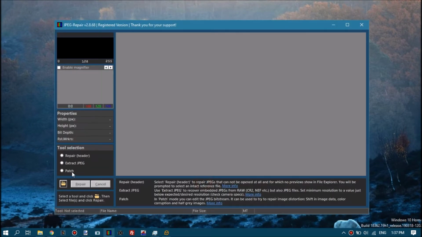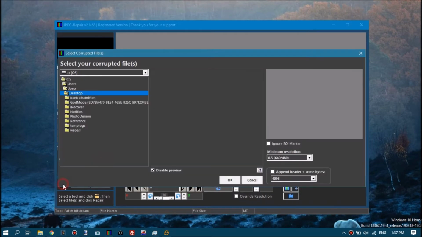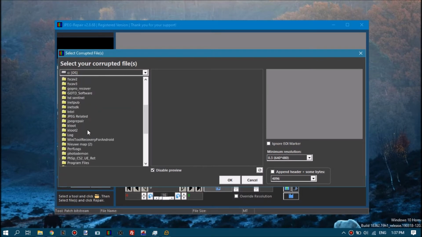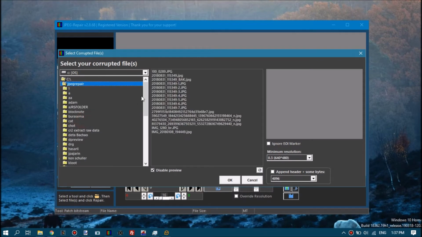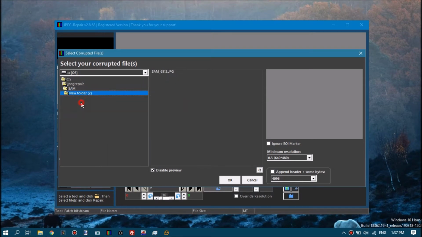Start JPEG Repair. Select patch. Go to JPEG Repair. And this is the file. Now,